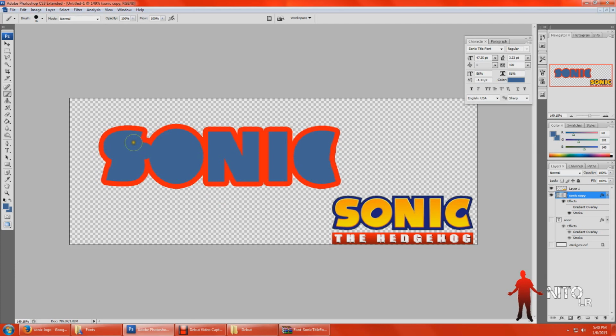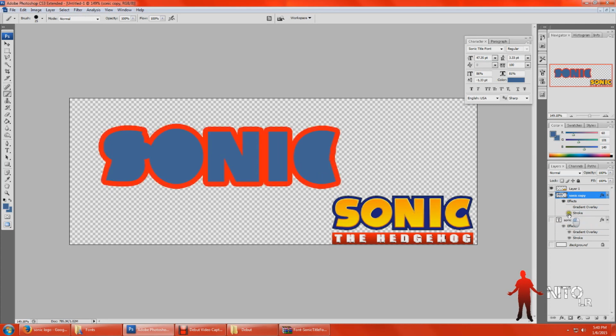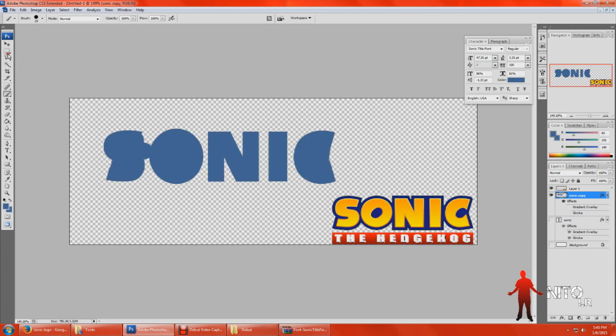And Control Z to get that perfect angle. Okay, it's just about right. I think I got this brush size just a little bit too big. I can get more precise. Alright, so just to see what it looks like, see if I can do something like,